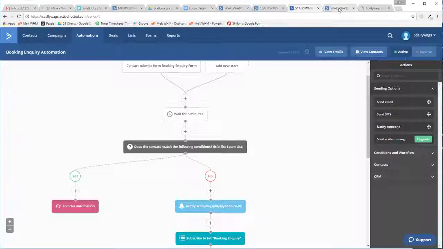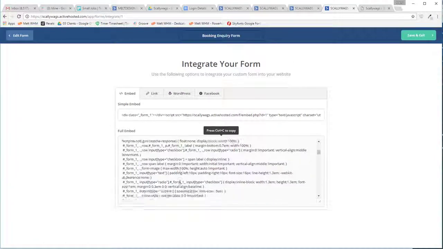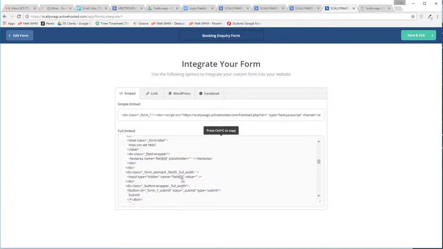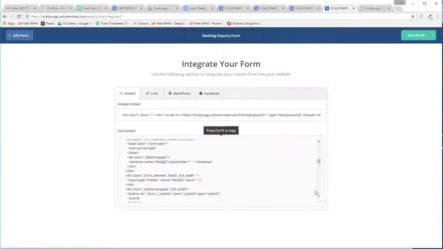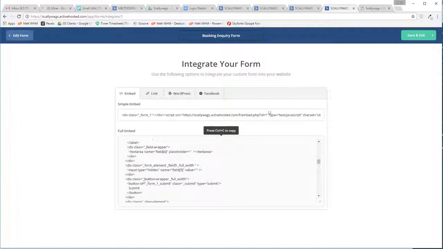Okay, so now that's all set up, we can go in here and go back down to just above the submit button. Probably a tip is to make sure the field that you want to put is just above your submit button. It makes it a bit easier to find when you want to copy it out. So if we highlight this and copy that,